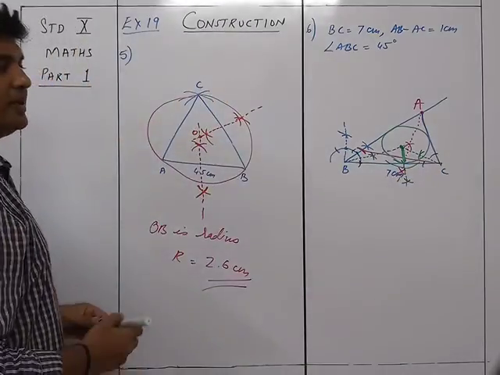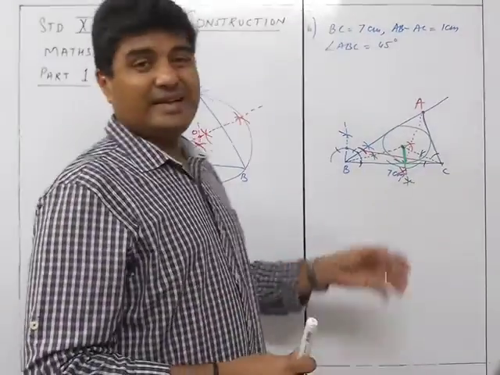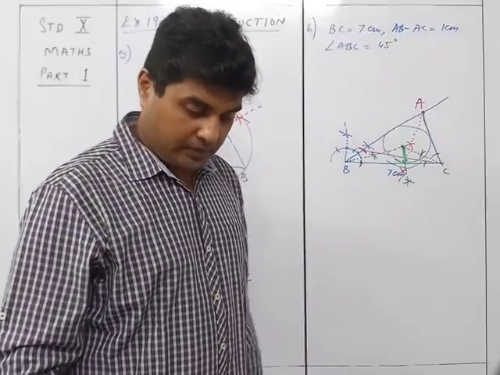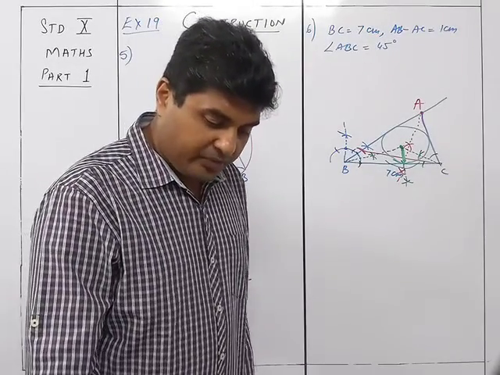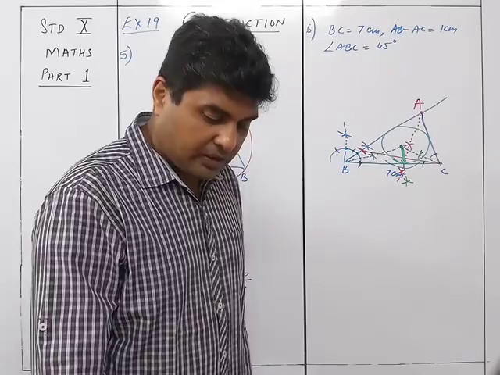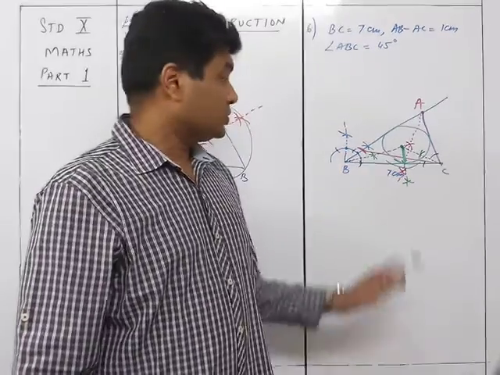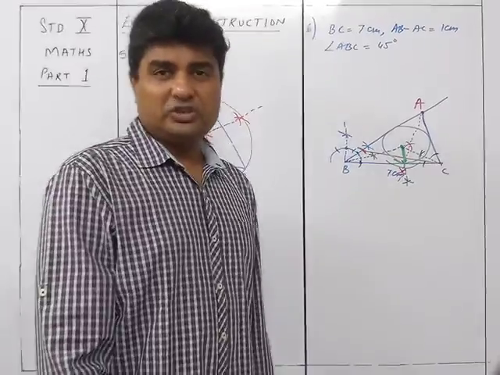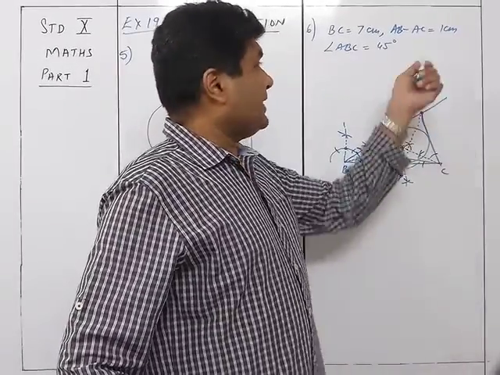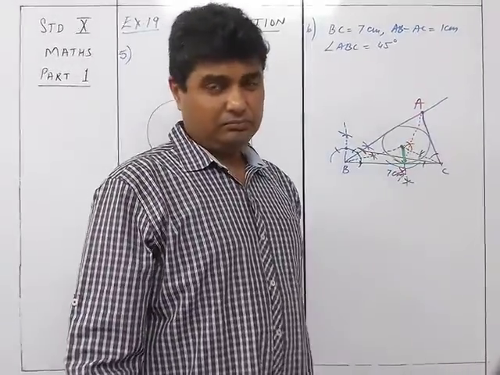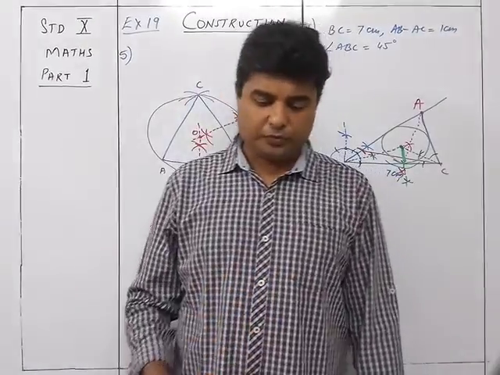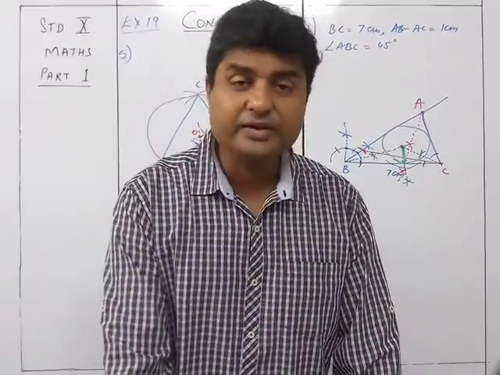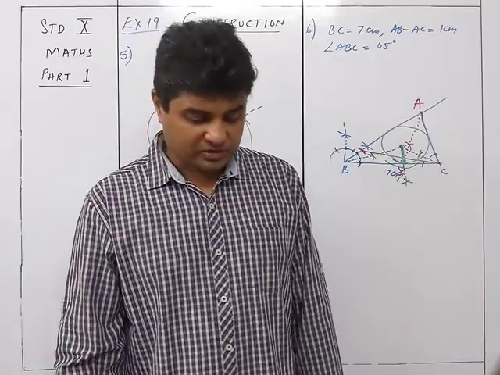Okay, this will be the required circle, that is the inscribed circle over here. You can just check if you need to mention anything of the measurement. No, it is not required. So that's the end of question number 6. Understood? Because of this AB minus AC, 1 centimeter, I did this particular sum, as it is slightly different from other sums.